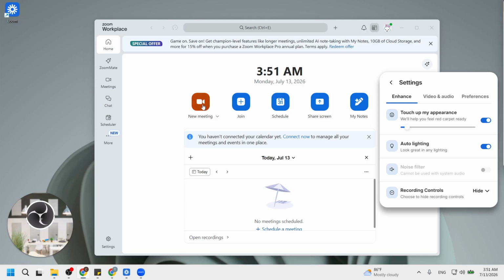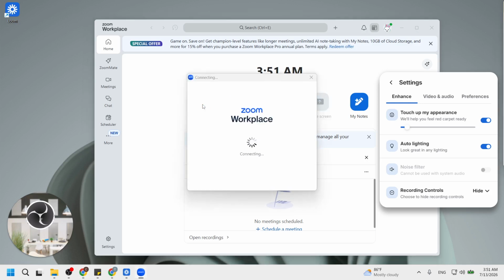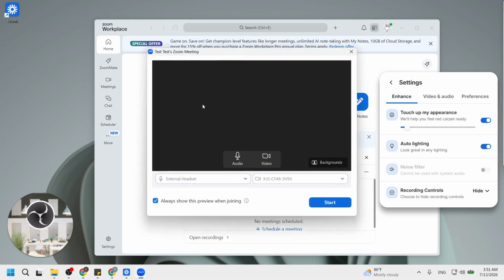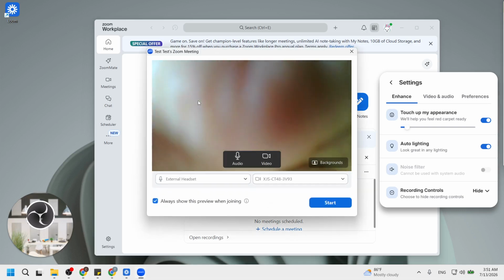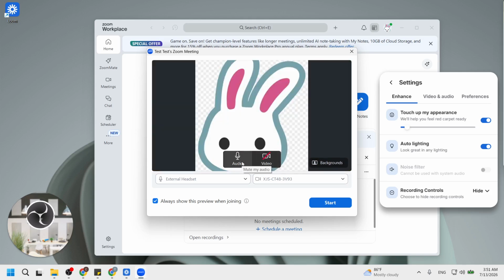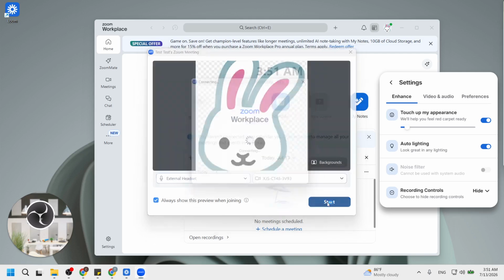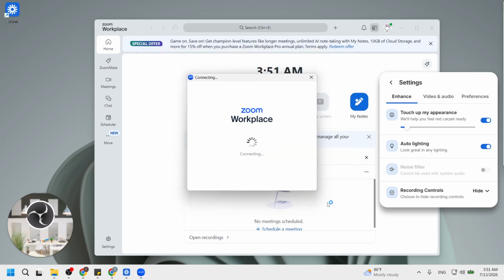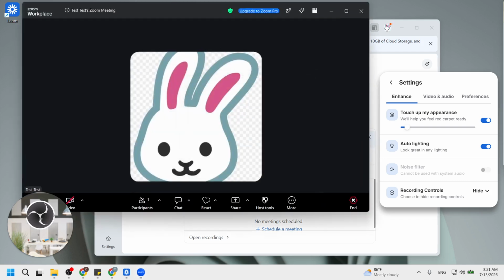Once you are in the meeting, it's essential to bring your Loom application window to the front. This ensures that you can easily control the recording without disrupting the flow of your meeting. Being able to see the Loom controls helps you monitor the recording process, and it allows you to make any adjustments if necessary. Keeping everything organized will ultimately save you time and effort later on.